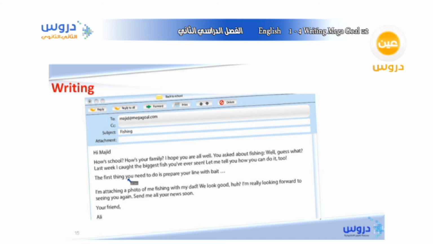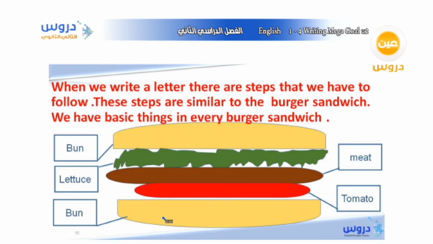Okay, how can we write? What is the stages of writing? Should we write directly, or there is rules for writing letters? Here, when we write a letter, there are steps. Actually, it's not random. We have to follow steps.